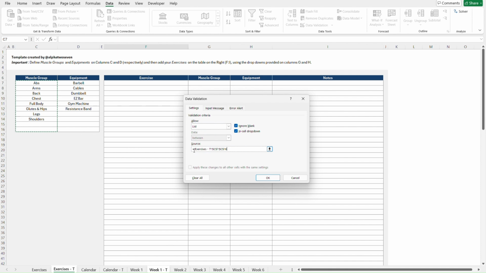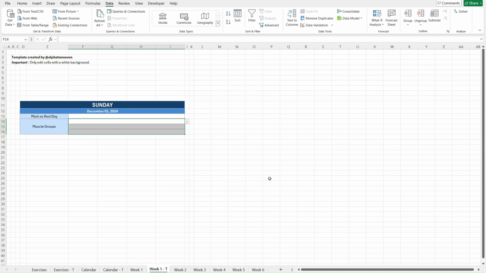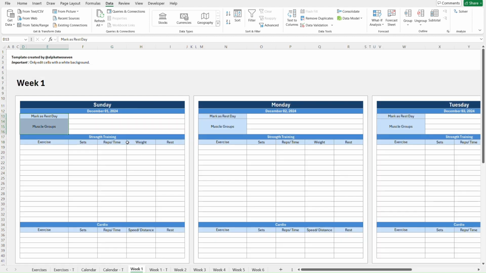So the source is the exercise-t for the tutorial that we just created. And then you can see that it's C7 to C16. Again, if you don't want the blank spaces, you can leave it all the way to shoulders, in this case, row 14. Hit OK. Nice. Okay. Now, strength training